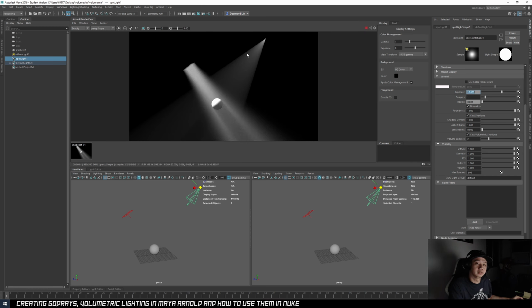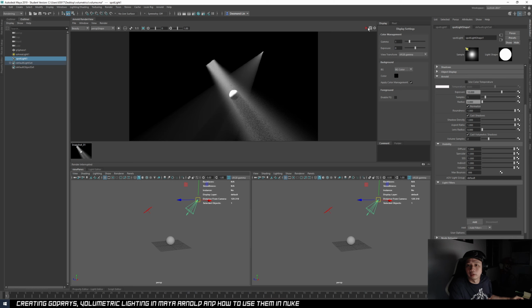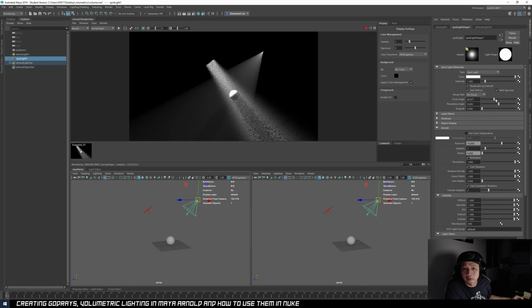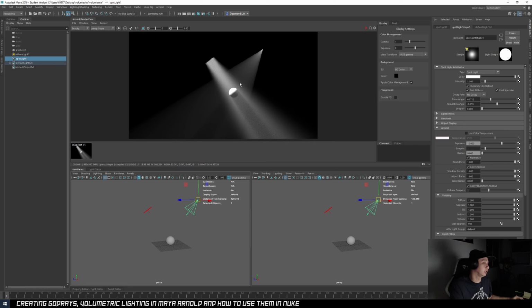So again, it gives a very different feel from the area light. So it really depends on your shot and your needs. You can use different lights to achieve different looks. Same thing, if you were to tweak, for example, your cone angle, you can change how your spotlight looks. And then your penumbra angle you can change, and then of course the falloff. Okay, so these are the very basics to get a basic look on your volumetrics, but how do I get even more details inside them?